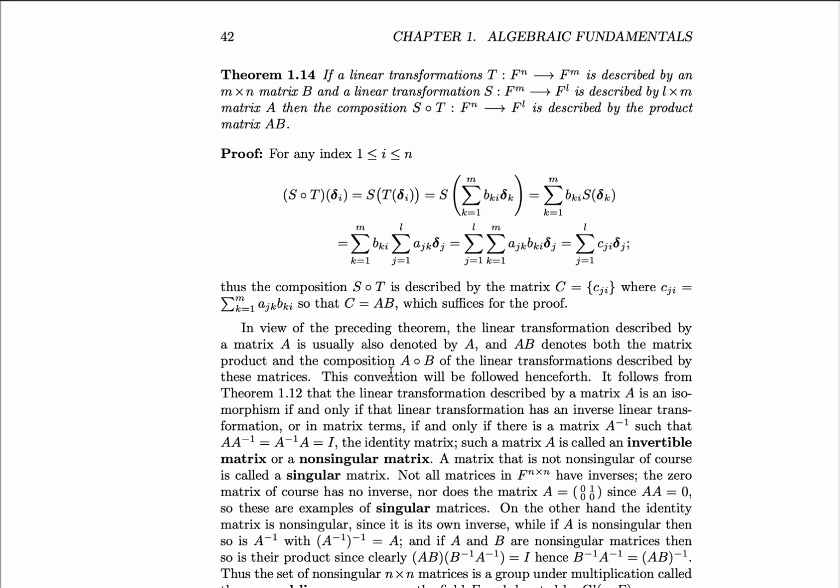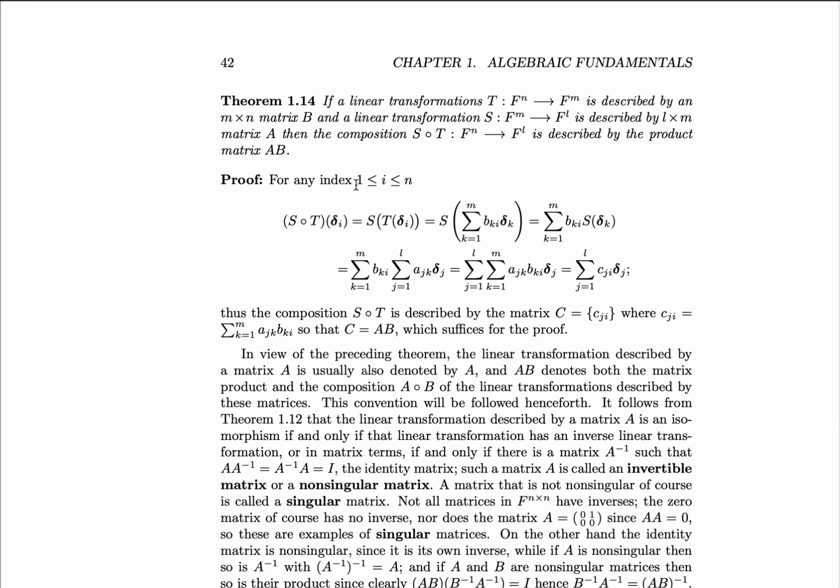We now move on to a proof, which says that if a linear transformation T from F^n to F^m is described by an m by n matrix B, and a transformation S from F^m to F^l is described by an l by m matrix A, then the composition S of T from F^n to F^l is described by the product matrix AB. For any index i between 1 and n, let's look at S of T of delta_i, since we know that every